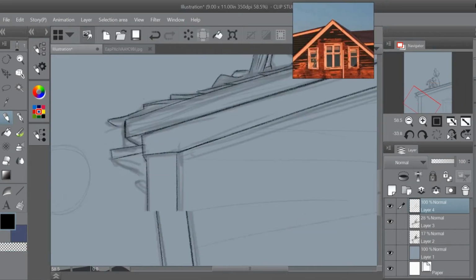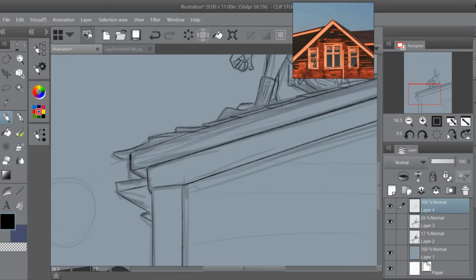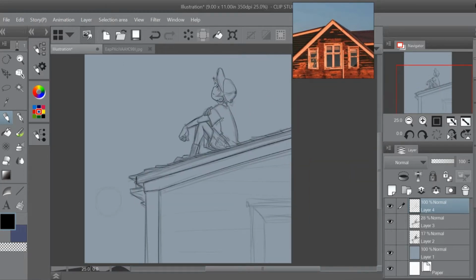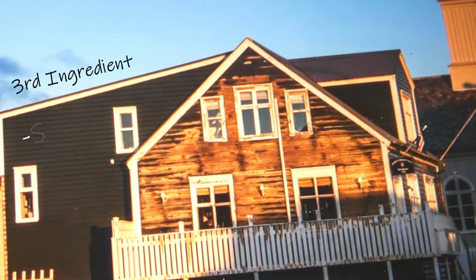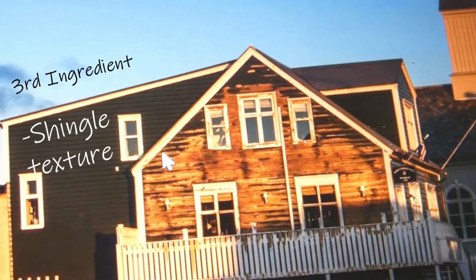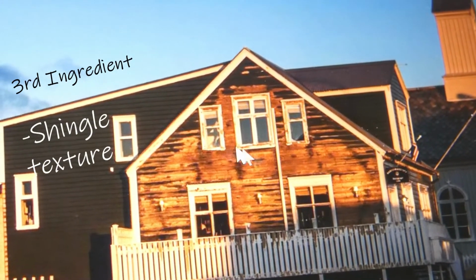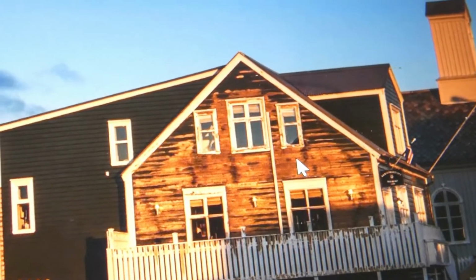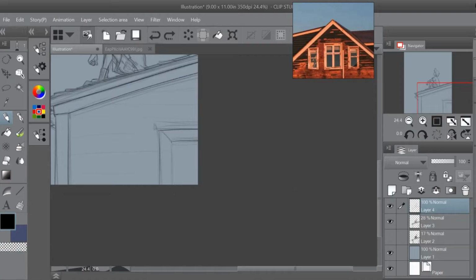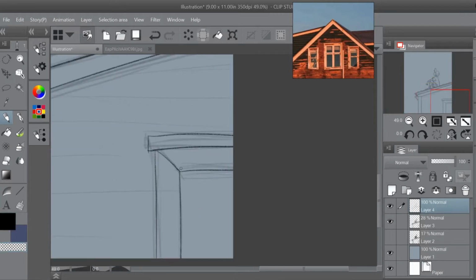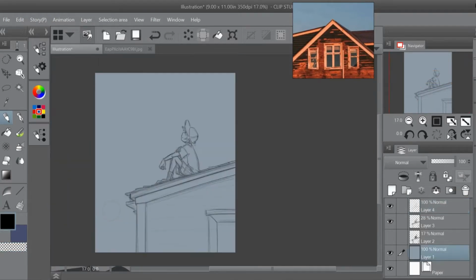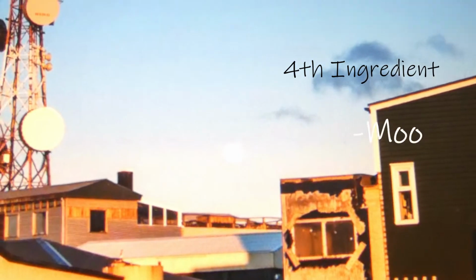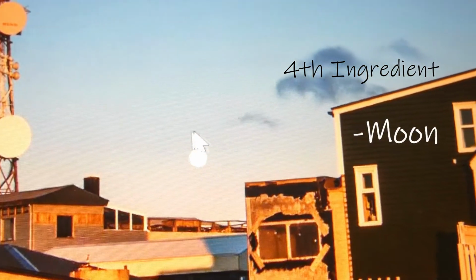My composition was already going to be very simplistic and it could use a little bit of texture. I really like the texture of this part of the building. It's this natural wood and the paint is peeling off, and I love the way that the light almost shimmers off of it. So I decided to have my building have that similar texture. Another thing I really liked was the full moon hanging in the sky, so I decided to slip that into